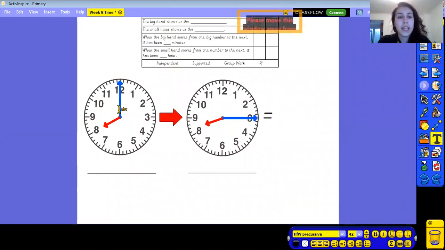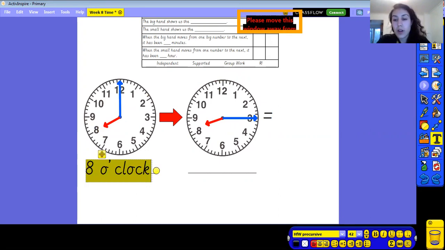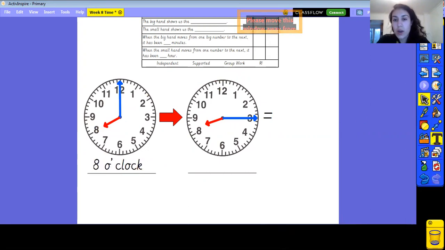Okay, so what I'd like us to do first of all is read the time on both clocks. So we can see here that the big hand is pointing straight up. It is o'clock. Which hour is it? It is 8 o'clock. And the second one, we can see that the minute hand is pointing to the right over that 3,